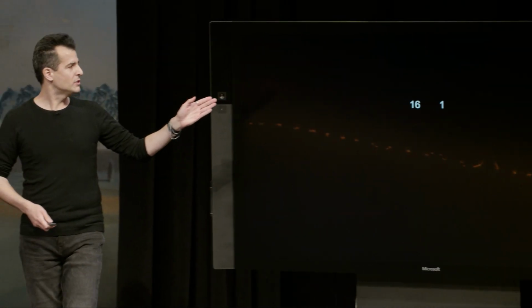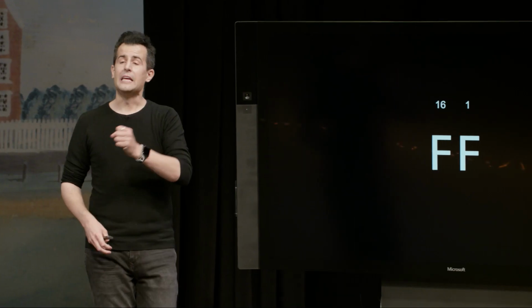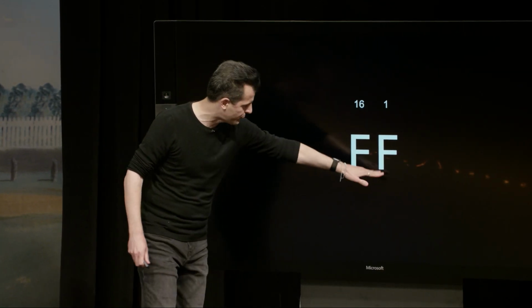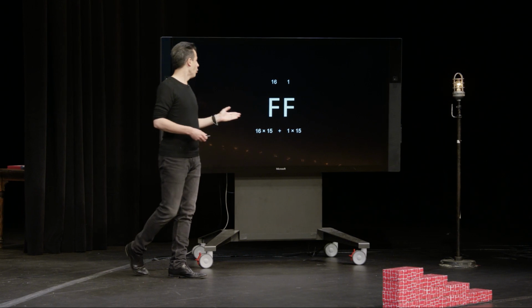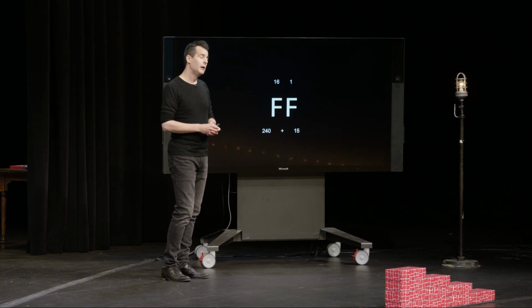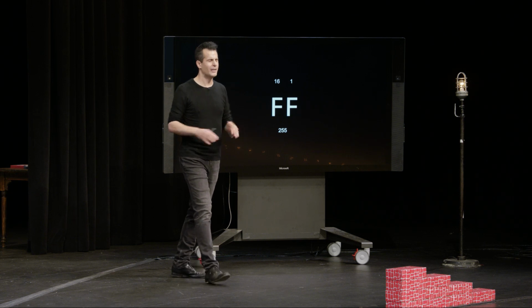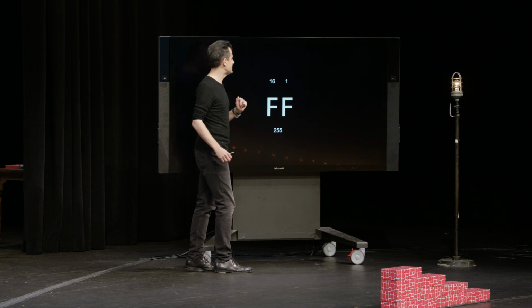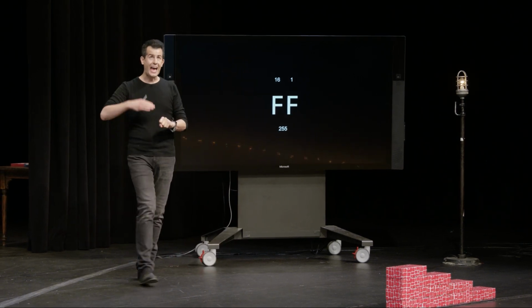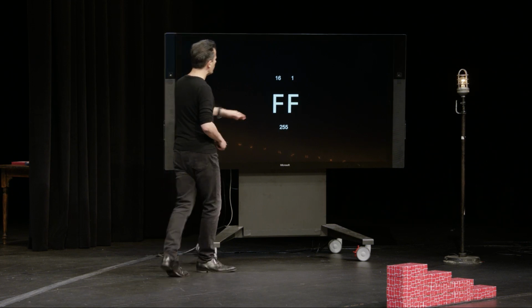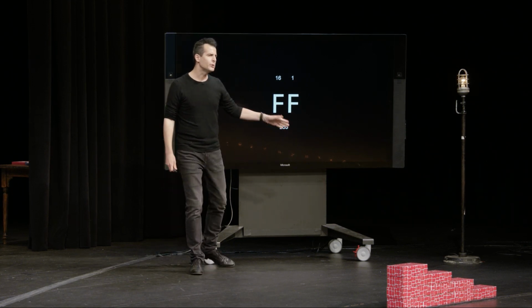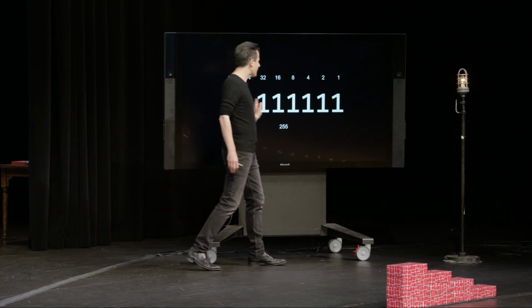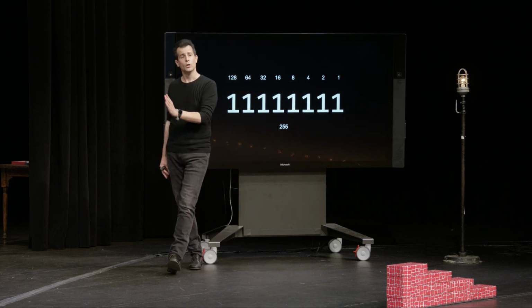Recall that if we count up as high as FF, in this case, we would still do the same math. So 16 times 15 plus 1 times 15 is going to give us really this, or of course, 240 plus 15 or 255. And I did that pretty quickly, but that's just the sort of grade school math of multiplying the column by the value that's in it, where again, each of these F's is how we now express 15 using a single digit. But recall that we've seen 255 before. Back when we talked about binary a few weeks ago, 255 also happened to be the pattern that we see here, 8 1-bits using binary.